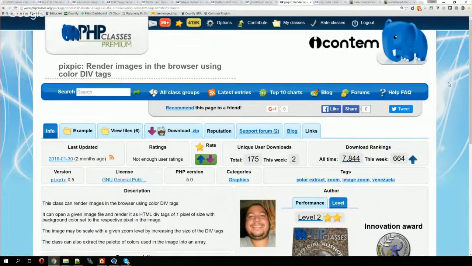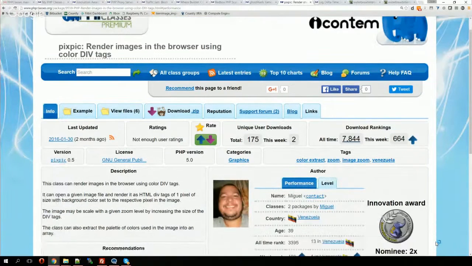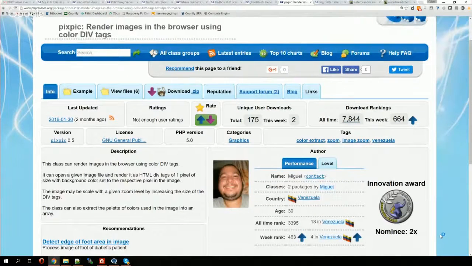The first one, and the most interesting that I thought of all of them, is the Bigspeak package by Miguel from Venezuela. What it does is basically take an image and redraw it with 1 pixel size div tags with the same color to recreate pixels, and thus it draws an image with div tags.